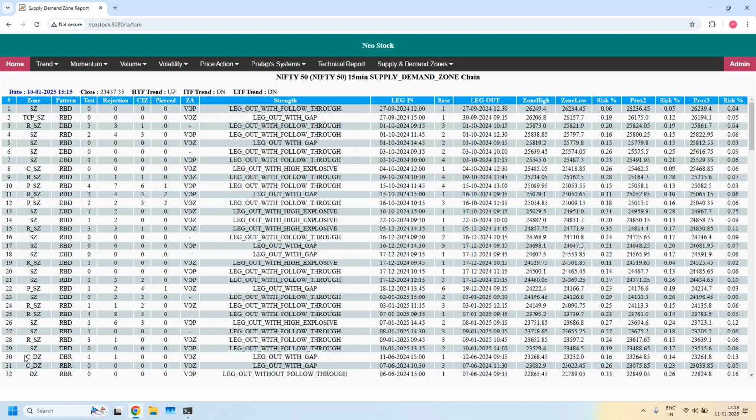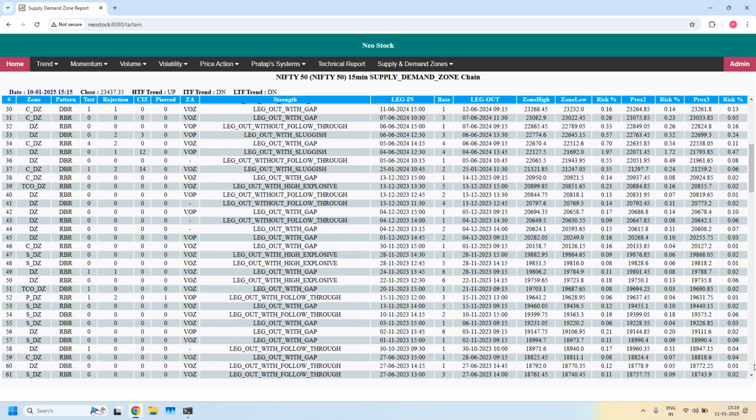All these are all supply zones. You have only a few demand zones. So I am scrolling the list down. Now you have more demand zones. Okay, next,